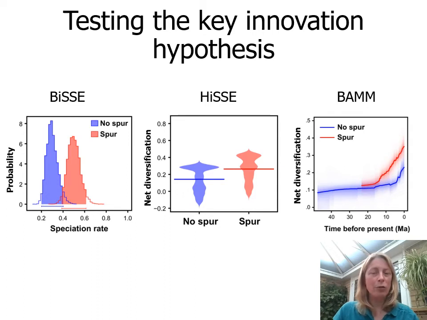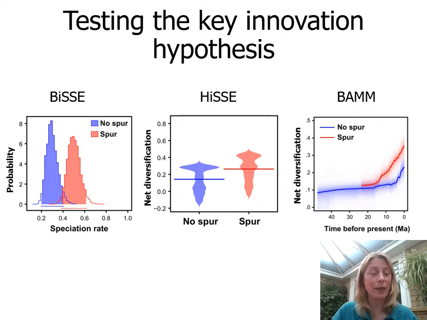Having generated that family tree, we can then ask whether there are any differences between the groups in blue that don't have a spur and the groups in red that do have a spur in terms of speciation rate. And this slide is just showing you 3 different ways which we can use to assess that, to analyse speciation rate in those 2 different groups with spur and without spur. So starting with the one on the left over here, what we have is the probability of particular speciation rates for the blue group, the ones without spurs, and the red group, the ones with spurs. And you can see that the probability of a higher speciation rate is higher for the red group, the ones